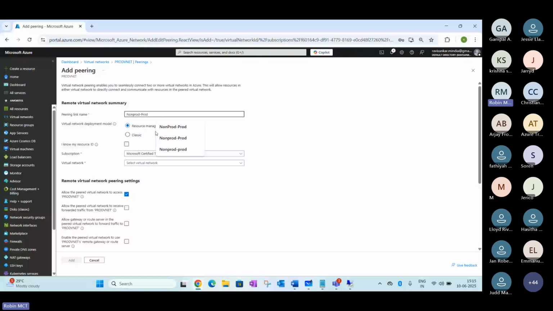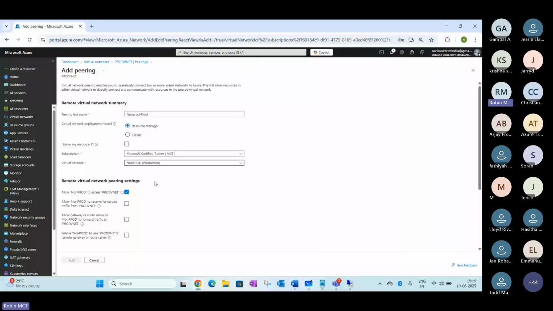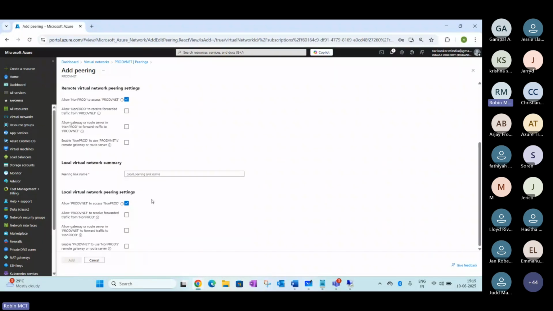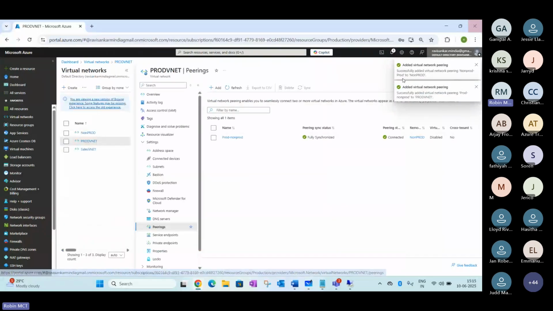The moment you enable this trusting, on the backend, Microsoft enables a routing here. See, I just added it here. This is for my understanding, why I'm selecting this link. I'm just saying this is for enabling the communication here. You can see there are two routing rules added here. The moment you enable the peering, it adds a bidirectional connection between these two VNets here. Right now you can see the peering has been enabled, the prod to non-prod connection.